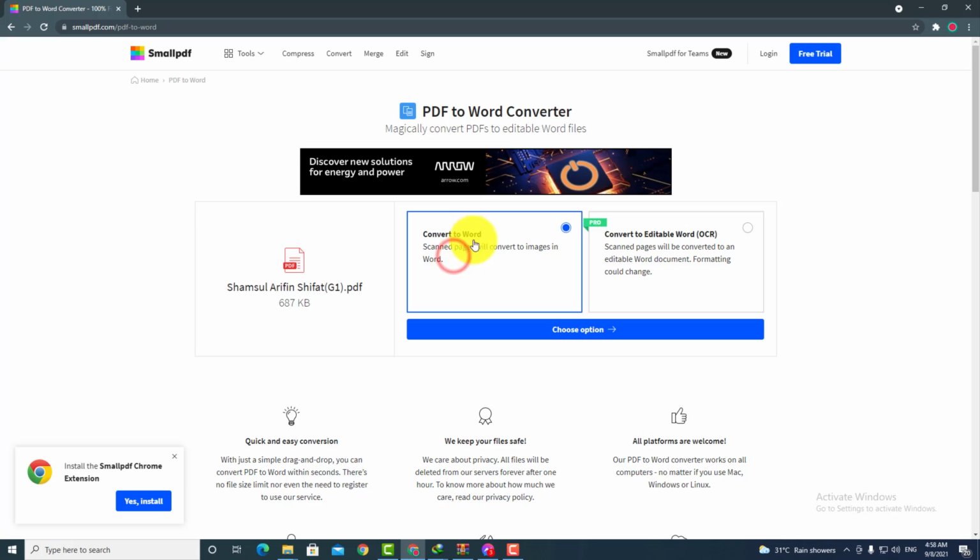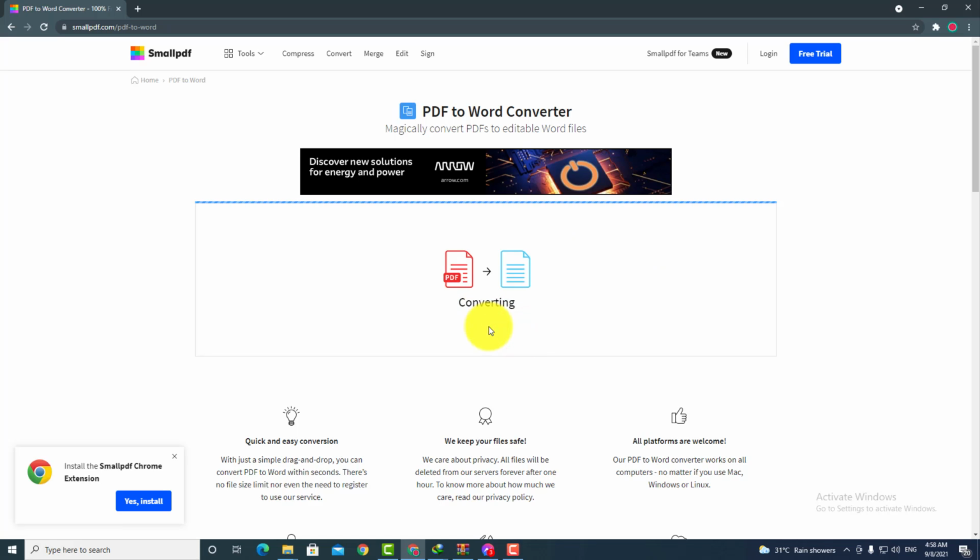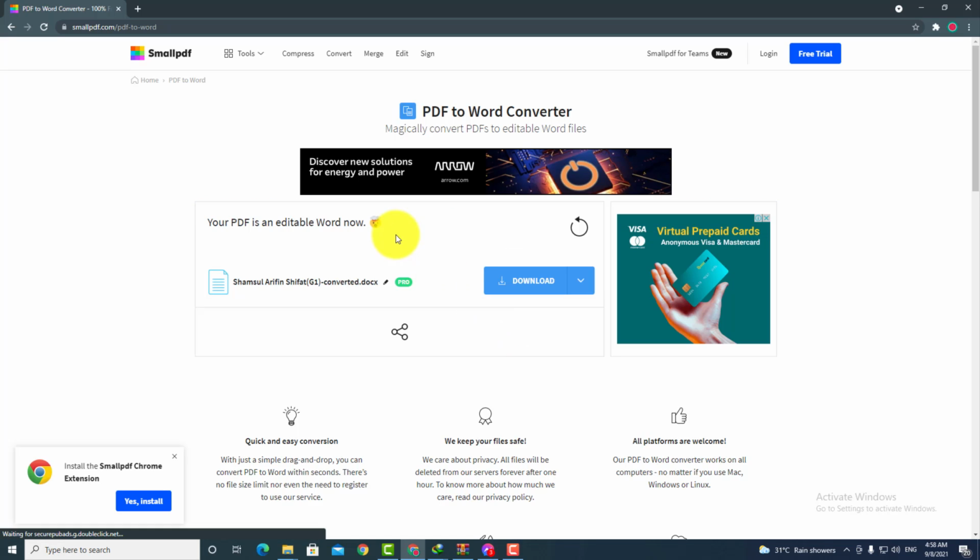Now click on that, convert to Word. Right, so there is another option which is convert to editable Word, which is OCR. So scanned pages will be converted to an editable Word document. Formatting could change. So yep, now here you can see as we have that option, we have to just simply follow the next step. Now here you can see you will be able to download,